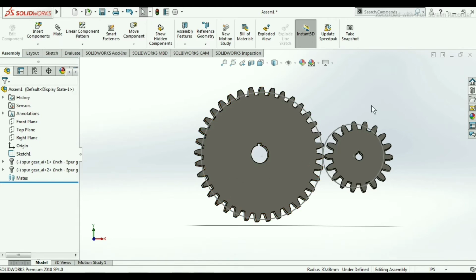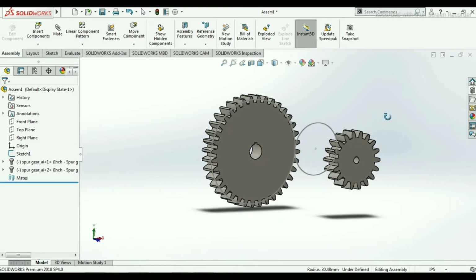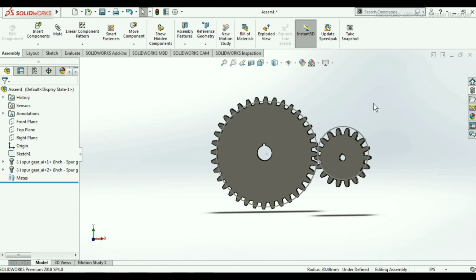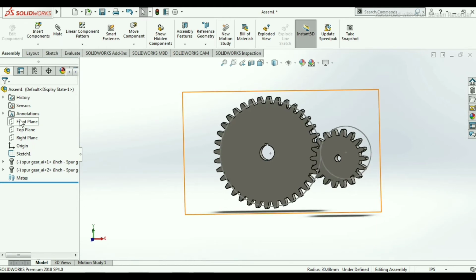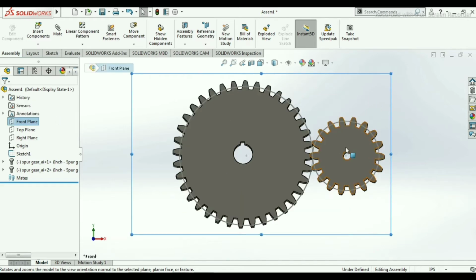So float option is given so that you can rotate this. If you again click on normal to, it is back with the normal to.